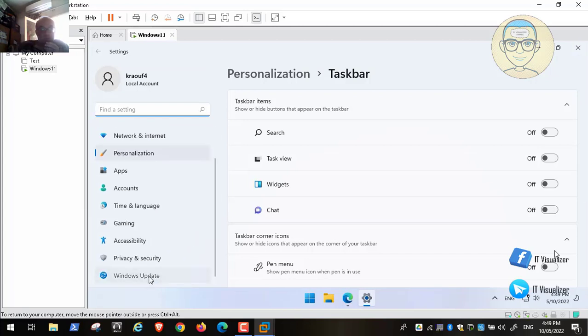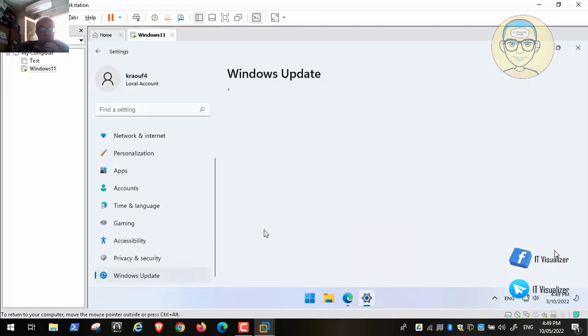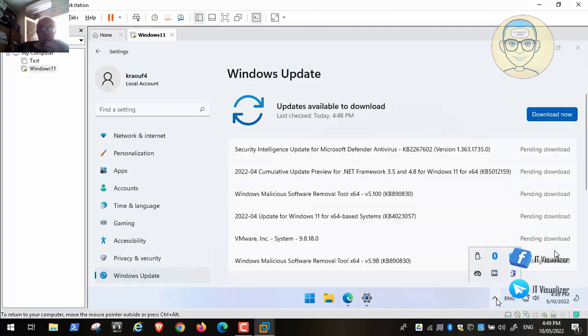We need to go to Windows Update. First of all, there is a little bit of an option we need to disable here, something called delivery optimization. Let me tell you what delivery optimization is. Here we can see that there are a lot of